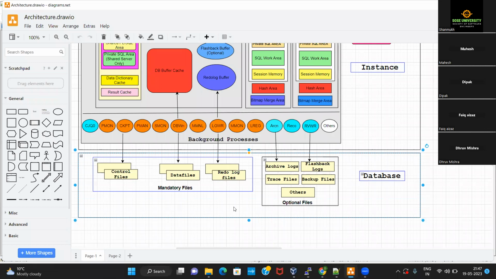Those redo entries are first placed inside the redo log buffer in memory, and from there they need to be written onto the permanent storage files, the redo log files. Who copies those redo entries from the redo log buffer to the redo log files? It is the job of the log writer background process. Clear? Yeah, got it.